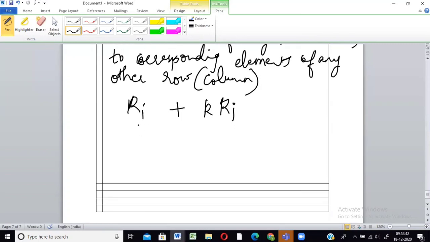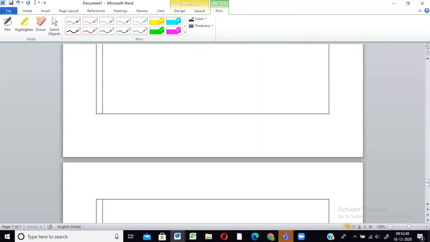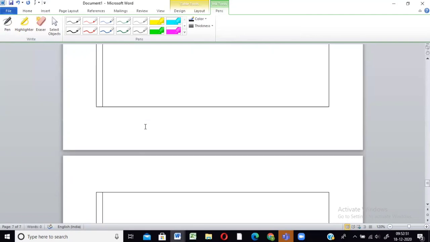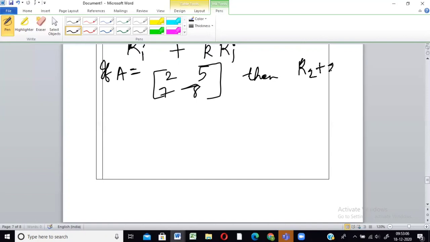So we'll see an example. If you have A like this, 2, 5, 7, 8, then what will be your R2 plus 2 times R1? R2 plus 2 times R1 is nothing but, here we can clearly see that R1 is getting